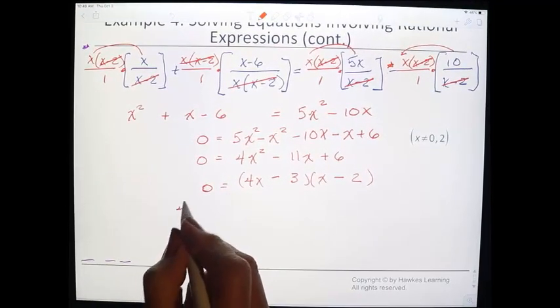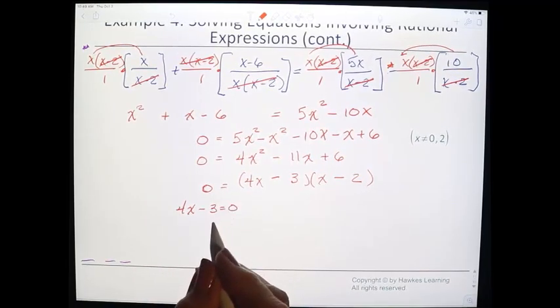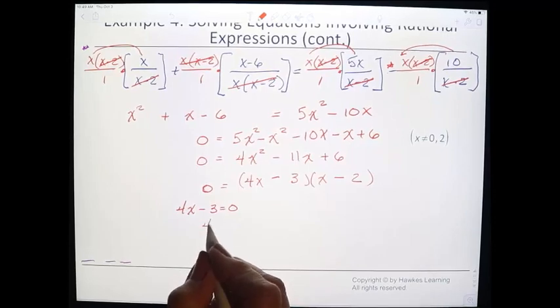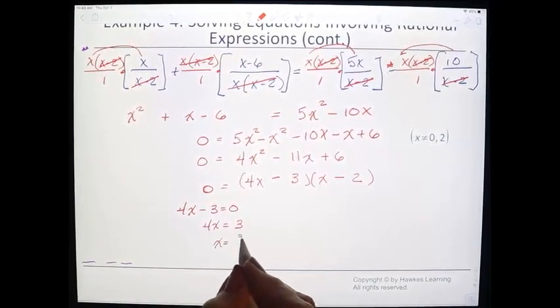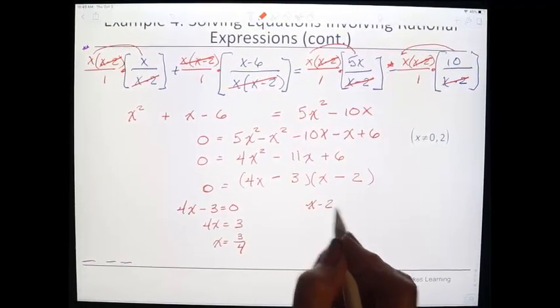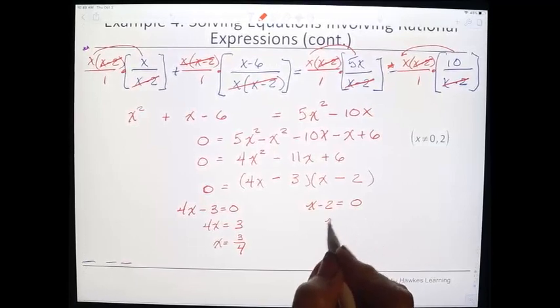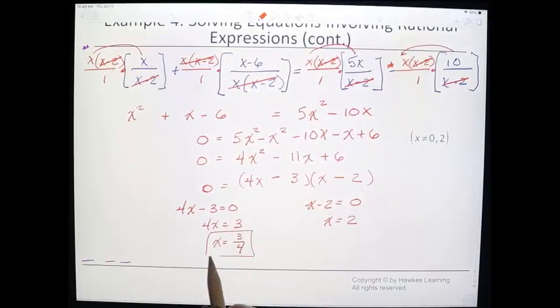So here we go. Take the first factor and set it equal to 0. Add 3, divide by 4. Second factor, set it equal to 0, add 2. So I've got two solutions here,